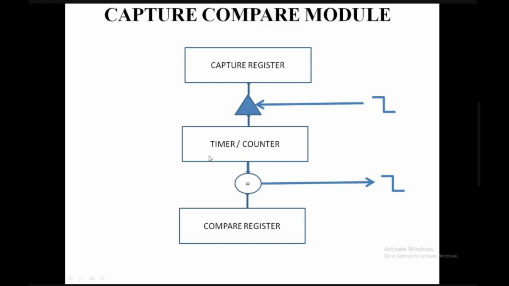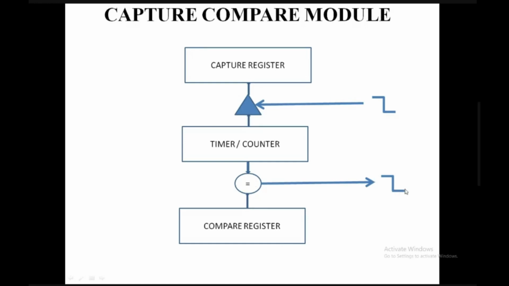The timer counter starts from 0 to 255. In between, the timer will reach 128. Whenever the timer register value matches the compare register value, it produces a transition in the pin from 1 to 0, say for example. That means it produces a 50% duty cycle. So to produce PWM, the compare register and timer are needed. That is what the arrow coming out here shows.